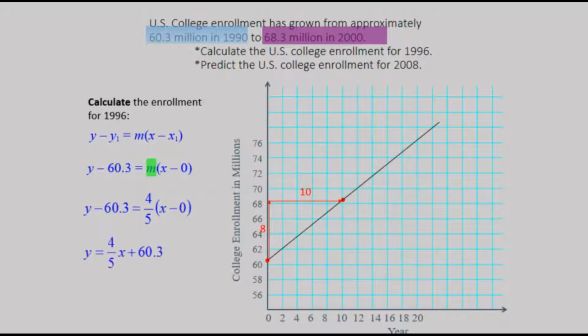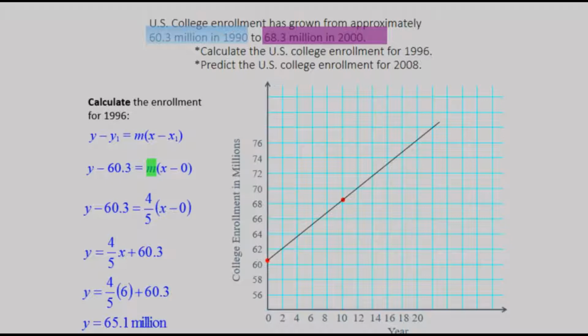So simplifying this equation by using the distributive property, the 0 cancels out here, leaving 4/5 x, and adding 60.3 to both sides, putting our equation in slope-intercept form, we have a model then for this given data. We're now ready to answer the question of what the enrollment is in 1996, which would be 6 years past 1990. Doing the multiplication first and then addition results in